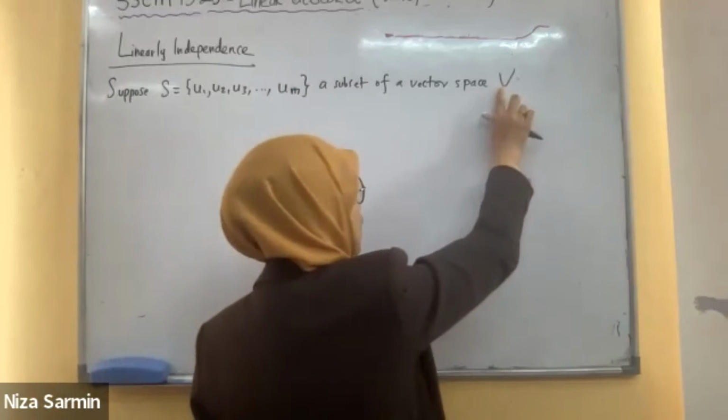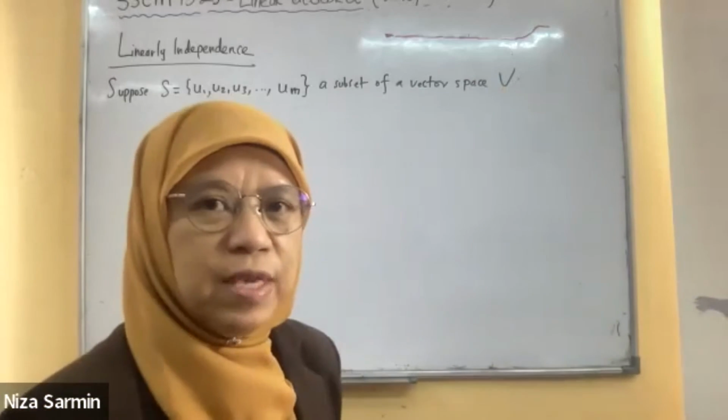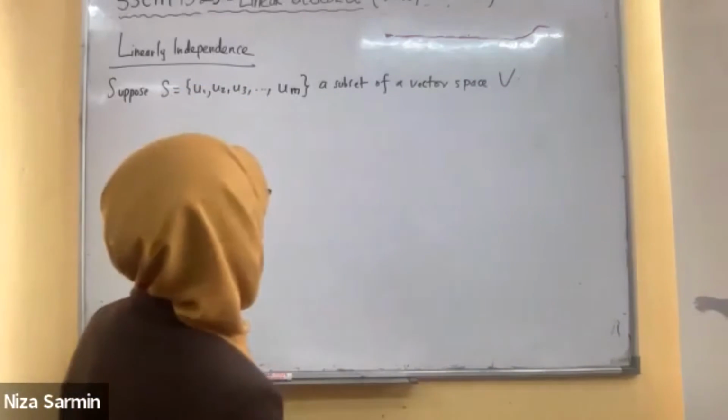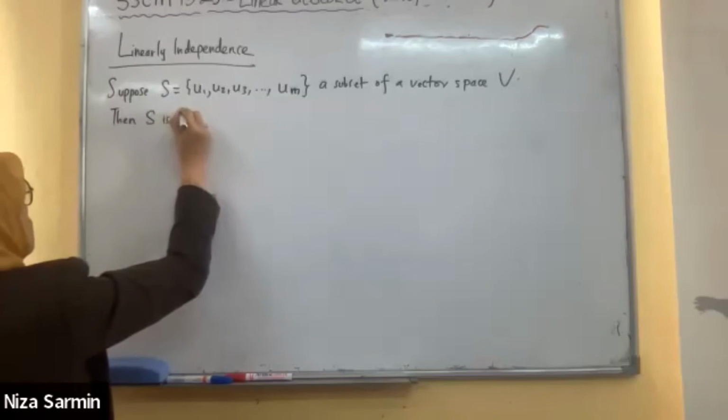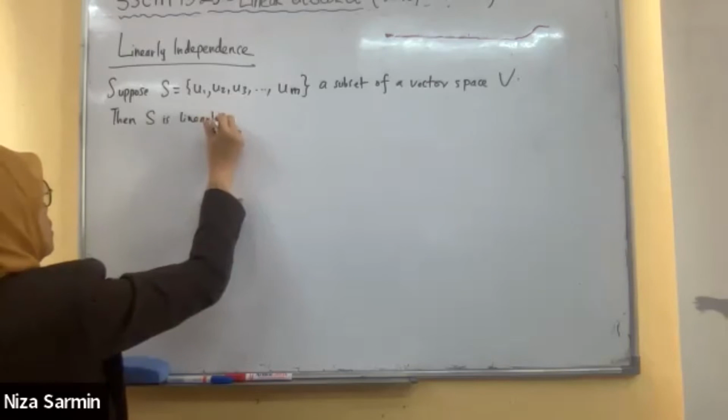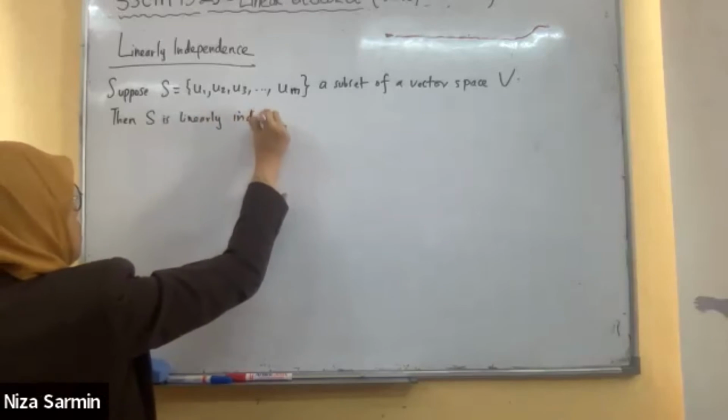Because I want to use N as the dimension of V. Okay. Then S is called linearly independent